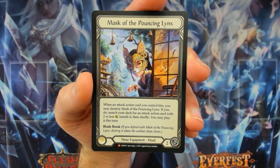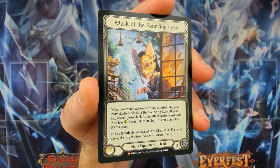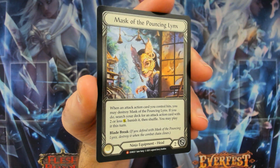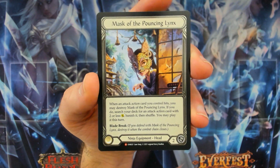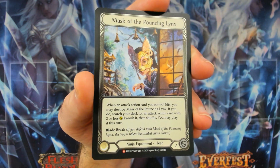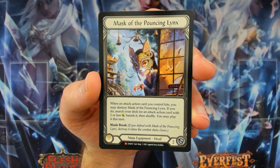I've opened something to the tune of like 4 cases, maybe 5 cases, from 2 sources, from Reaper Games Store and from Deck Edge. Both are absolutely fantastic, and they gave me fantastic boxes and cases, so highly recommend them. And this is in beautiful 4K, so we're going to just admire all of these cards, starting, of course, with